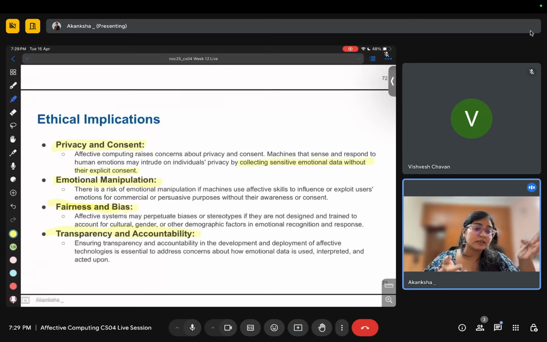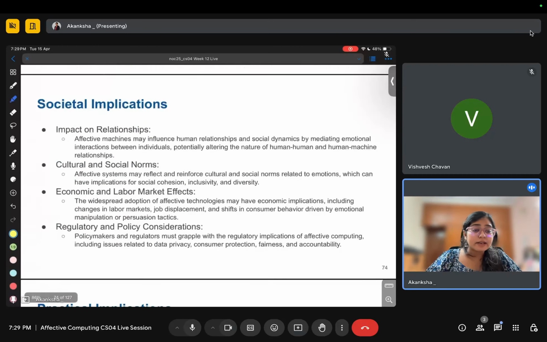but then it suddenly starts showing anger out of nowhere. But then the company says it's not our fault, we don't take any responsibility for this. But who is responsible then? So accountability is very, very important. So who is liable, who is going to be accountable for any concern? This is very important.